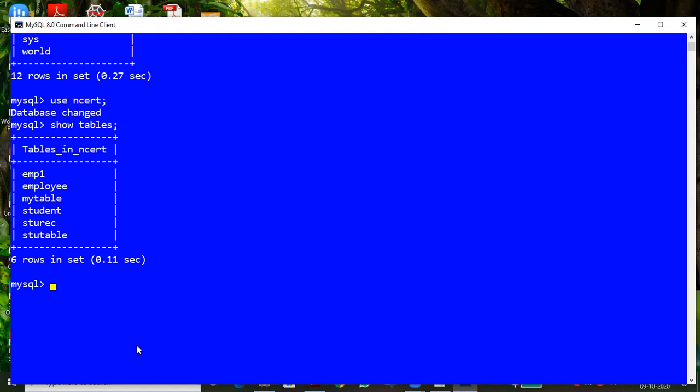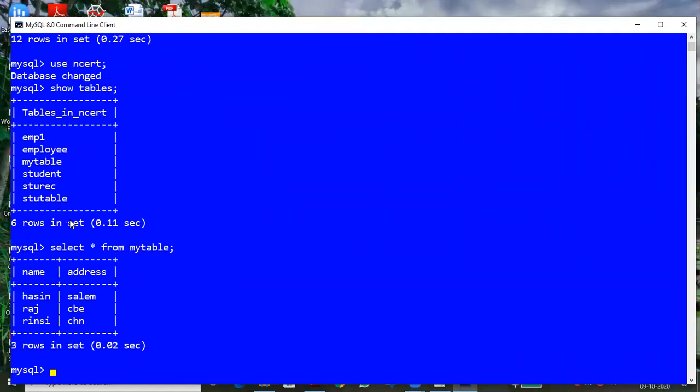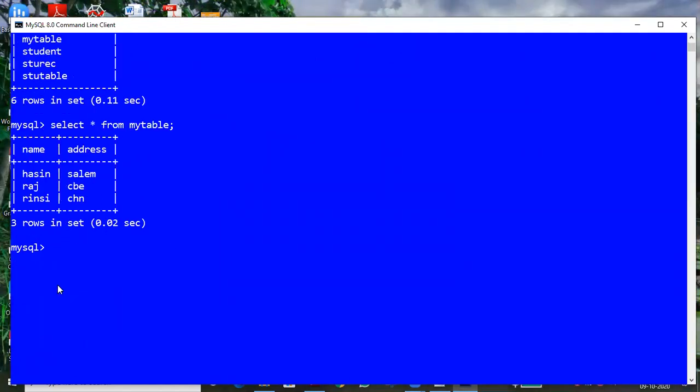Here is my table. So let me see, select all from my table. Yesterday we inserted only this, name and address. So now we are going to create a program in order to fetch these records from MySQL.